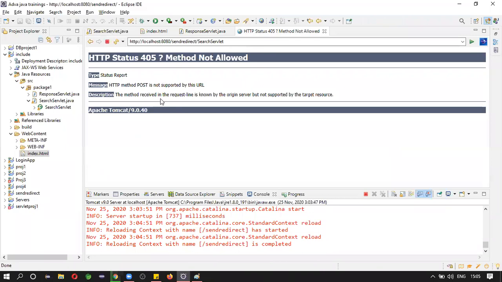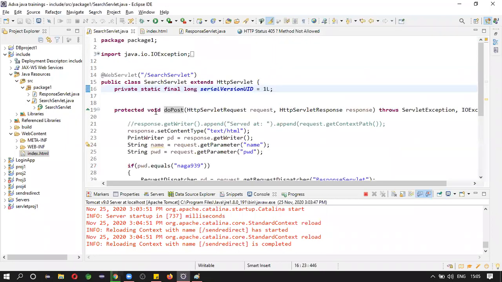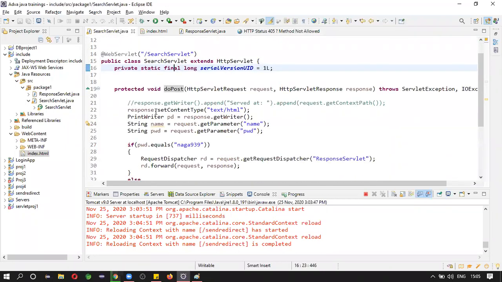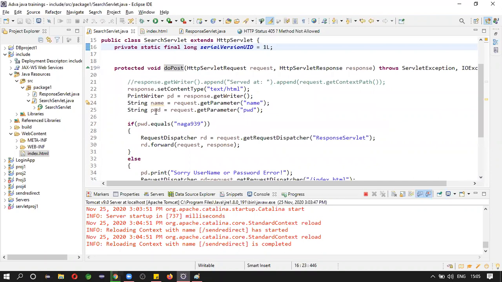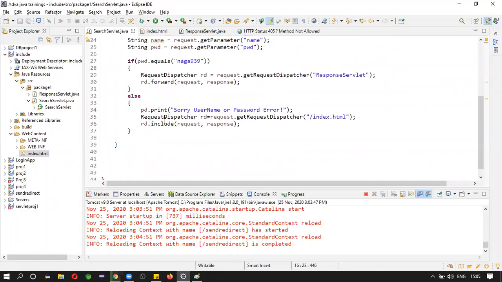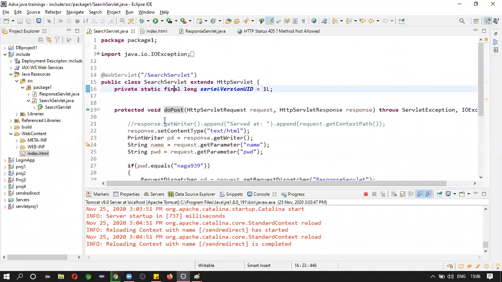It is showing that method not allowed. Successful. Okay, let it be.